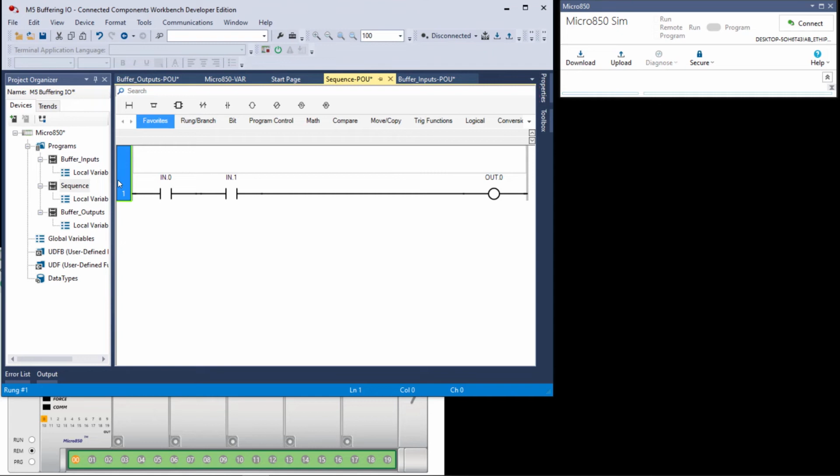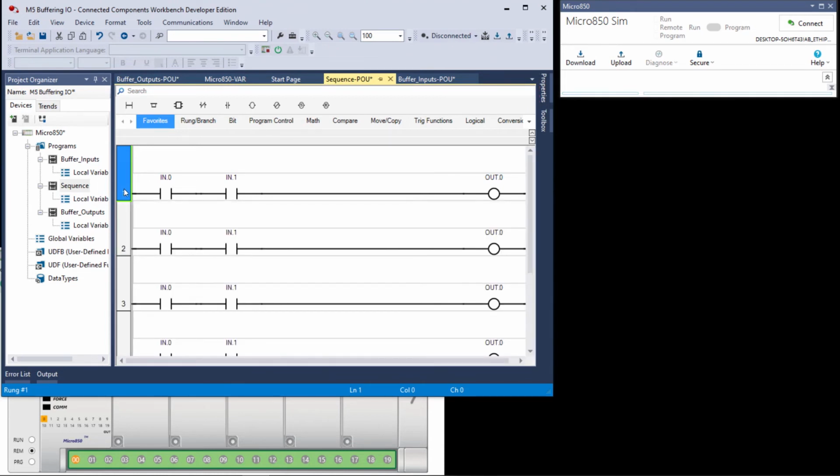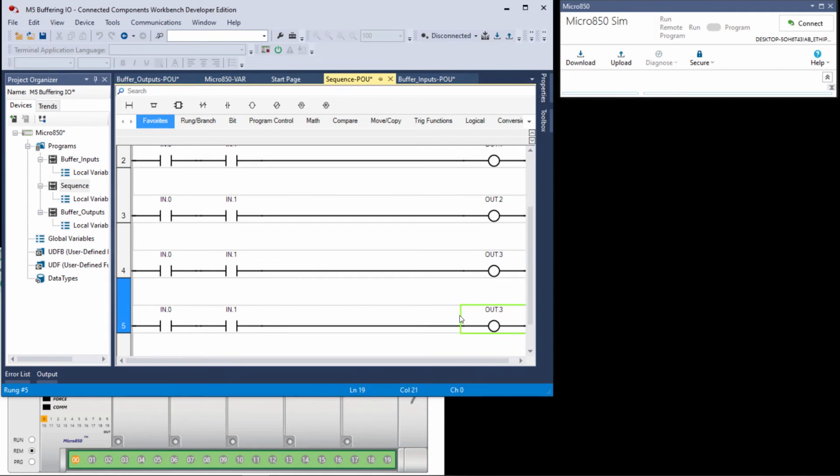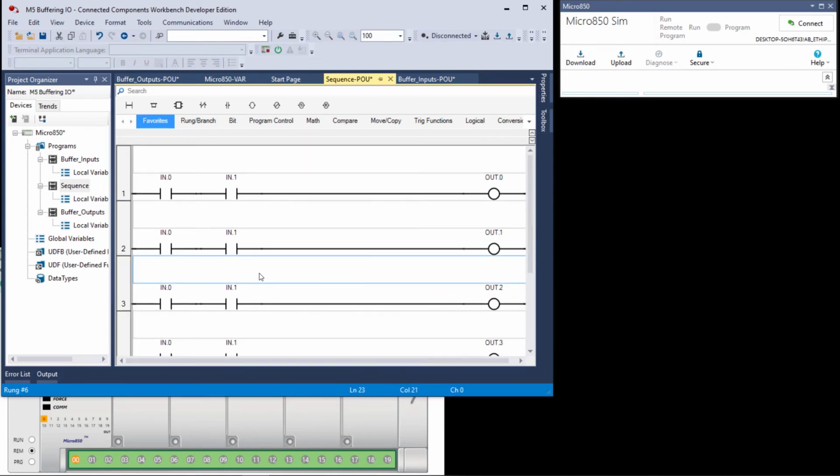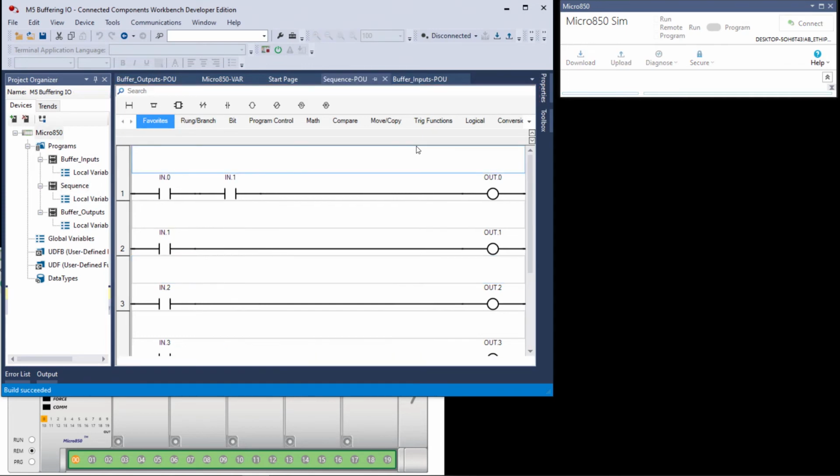I'm going to do this a little bit differently. It's still going to work out the same. So what I'm going to do is copy this, Control C, and then paste 1, 2, 3, 4, 5. Then I'm going to go here, and then here I'm going to